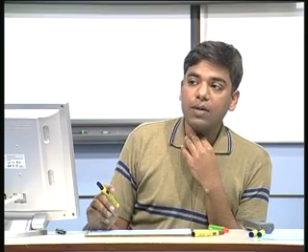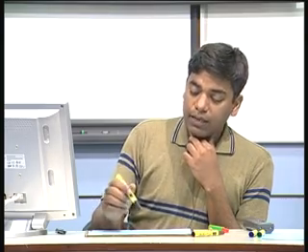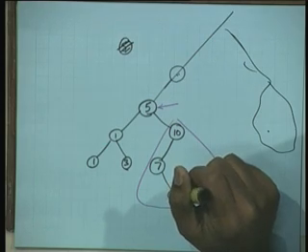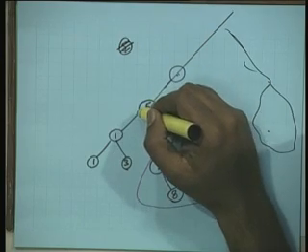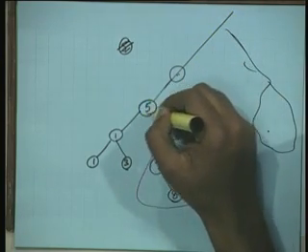So the easiest way to think of this is as follows. Suppose we were searching for some element slightly larger than 5, we were searching for the successor of 5. Suppose we were searching for 5, the claim is that we will end up at this node. Whatever decisions we make, we would end up at this node.